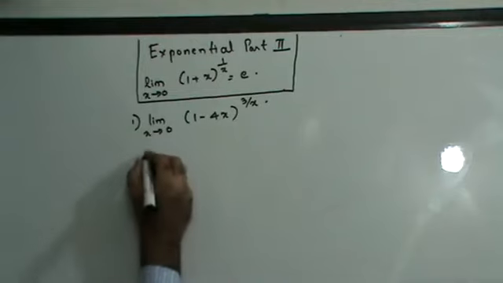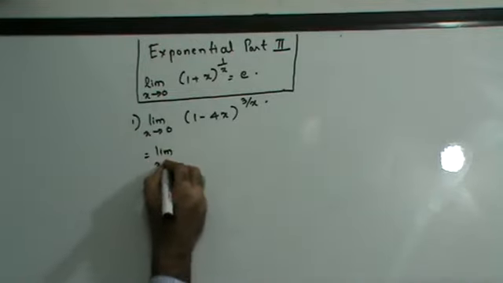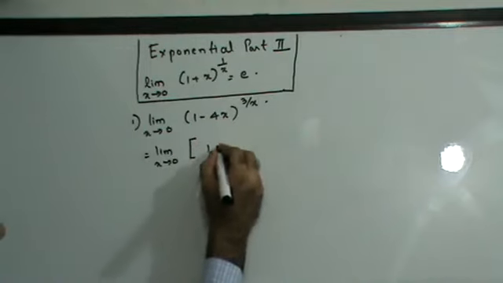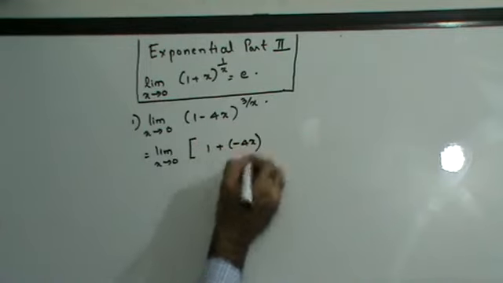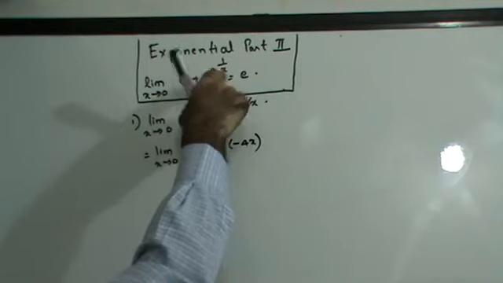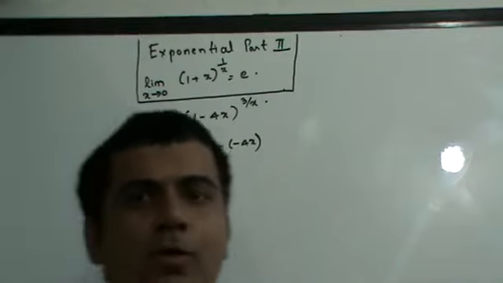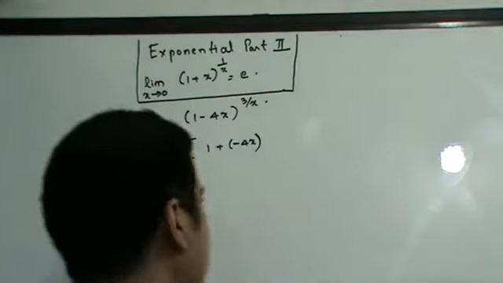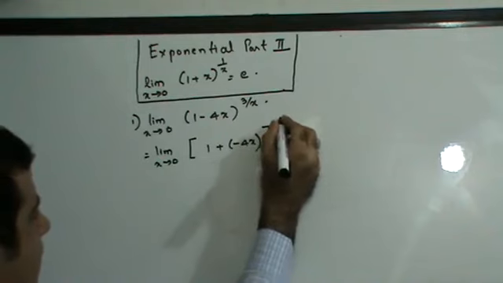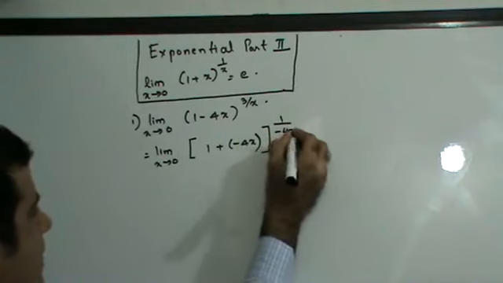This can be written as limit of x tends to 0, 1 minus 4x can be written as 1 plus into minus 4x. Now the formula says that whatever is the number here, the same number has to be there in the denominator of the indice. So since I have minus 4x here, I'm going to write this as 1 upon minus 4x,